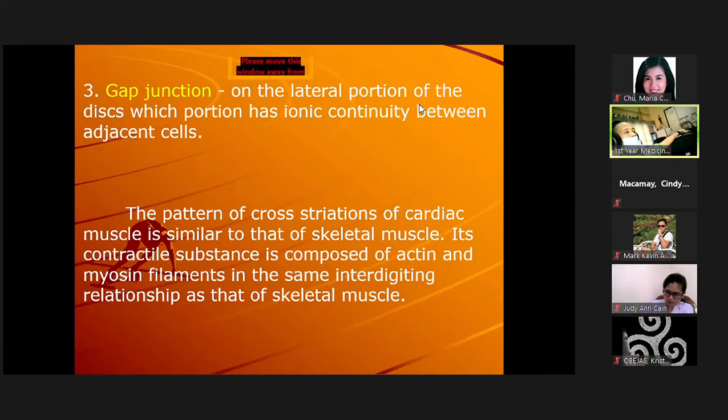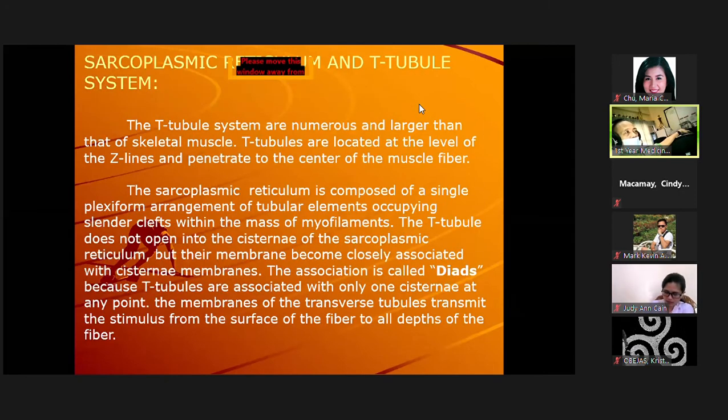But there will be a difference, okay? Now, the sarcoplasmic reticulum and the T-tubule system. The T-tubule system are numerous and larger in the cardiac muscle than that of the skeletal muscles. T-tubules are located at the level of the Z-lines and penetrate to the center of the muscle fiber. The sarcoplasmic reticulum is composed of a single plexiform arrangement of tubular elements occupying slender clefts within the mass of